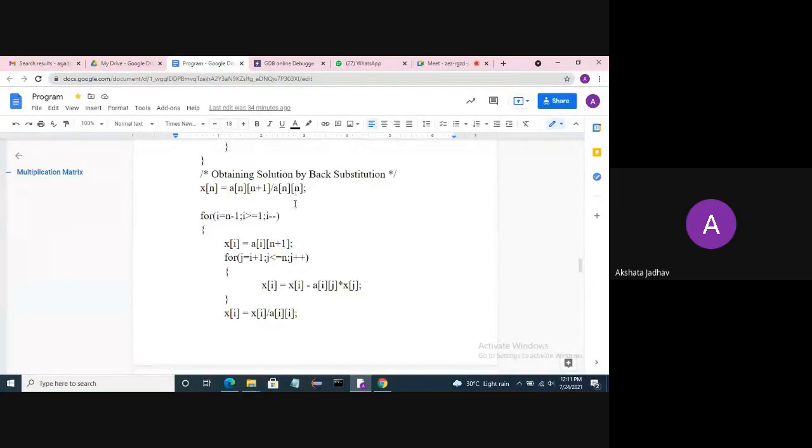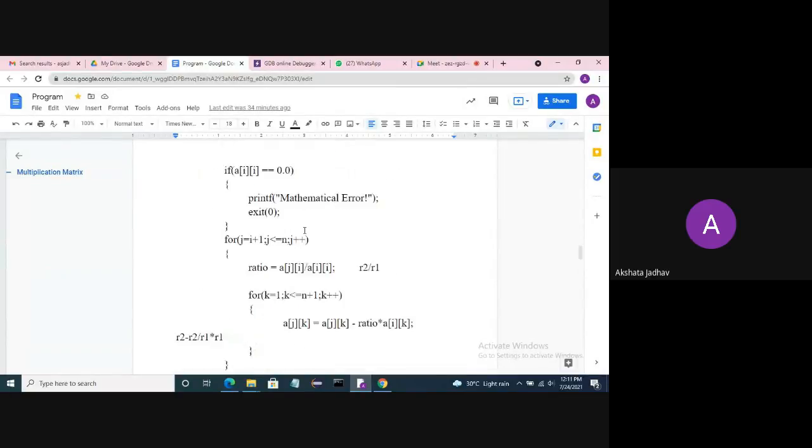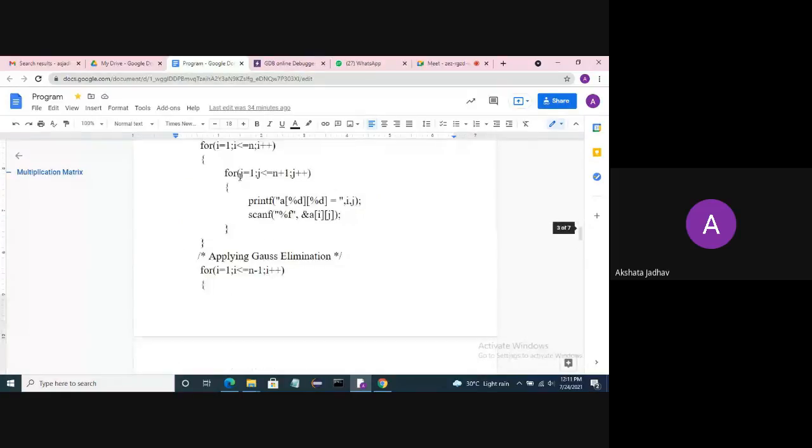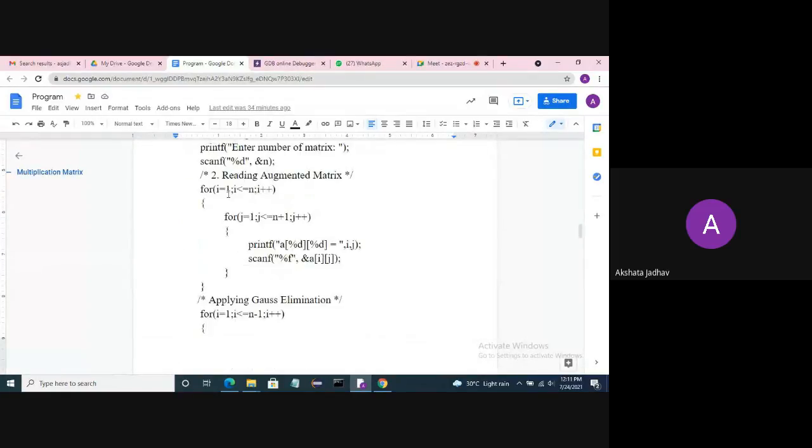Then we will perform the operation once again for a of i, i equal to n minus 1. All of you see here, we will start our matrix A with i equal to 1, i less than or equal to n. Then the matrix starts from row a of i and column a of i.